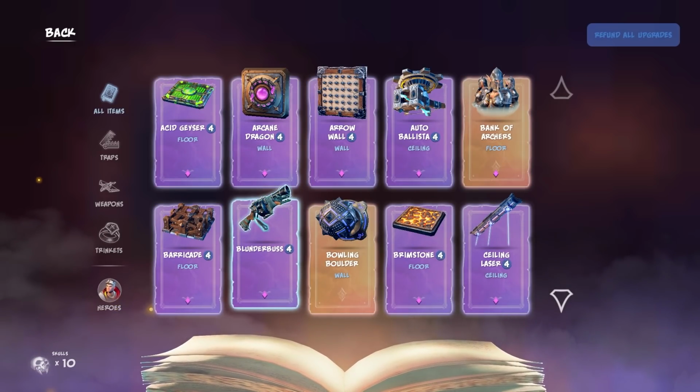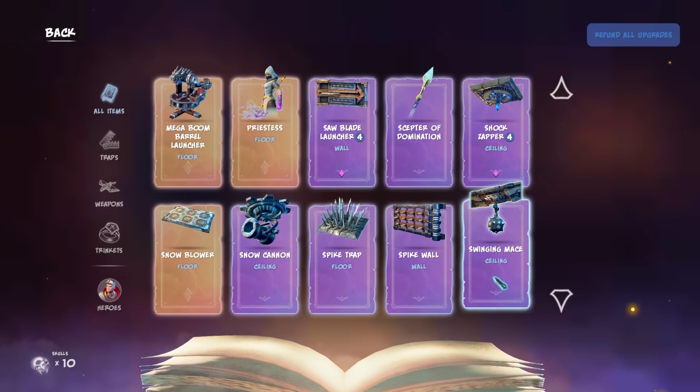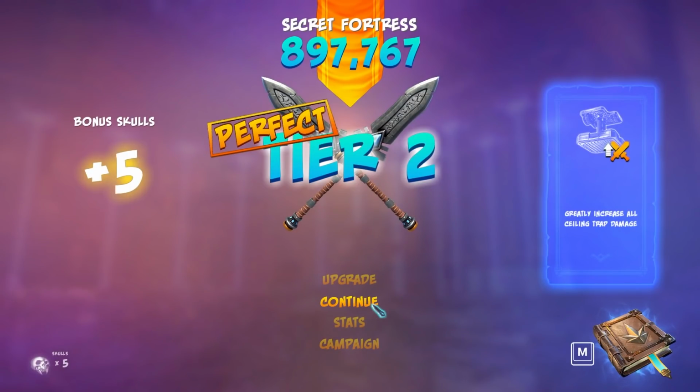And we have the shock zapper too. We got a lot of potential ceiling-y things. I guess let's slowly work on making the ceiling mace not garbage. Though I think the next map